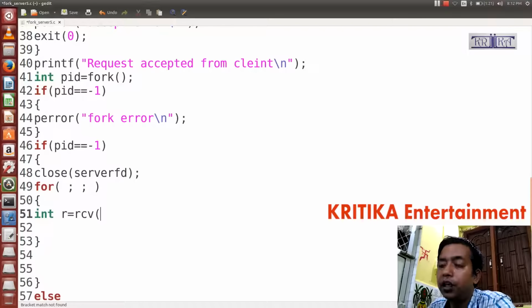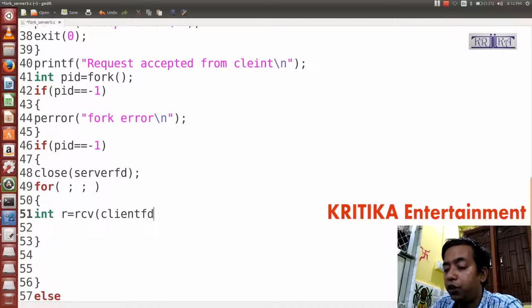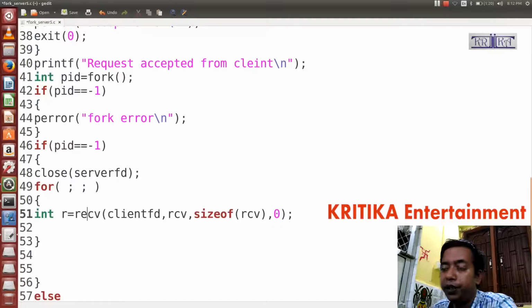Okay, then what will I write now: client fd, then we will write rcv, then I will write size of rcv, then 0. Okay, and I am only writing the receive function. You can see my video on the send function and write in the comment box whether it is successful or not. So what will I write here now: rcv[r] is equal to